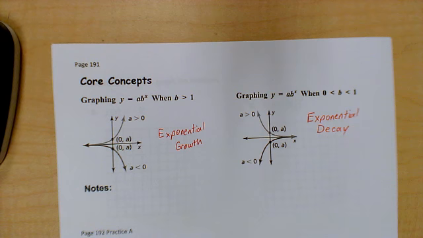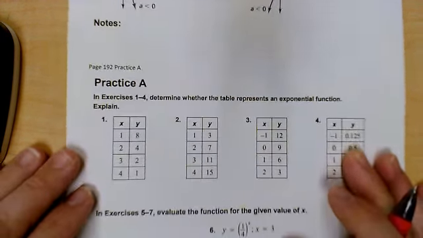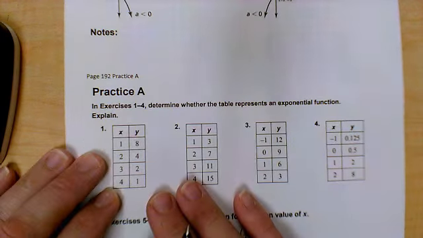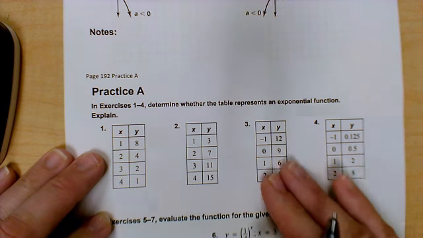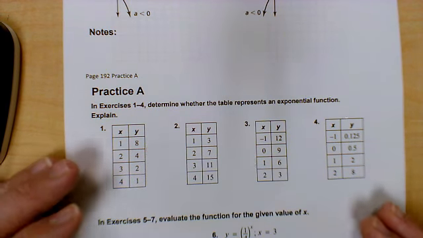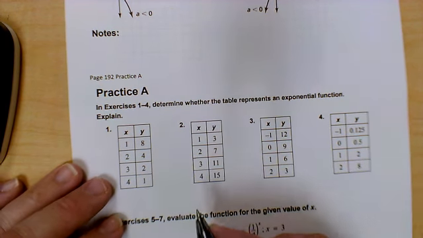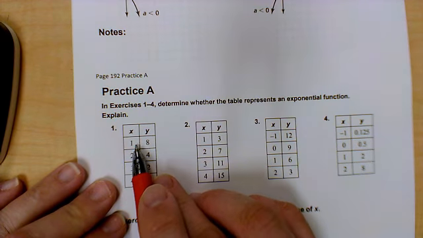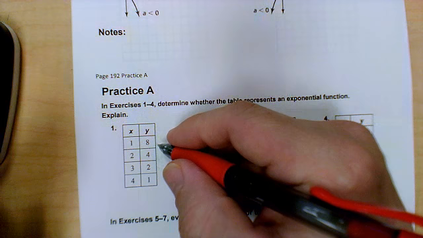Alright, next thing we're going to do is determine whether each of these tables, this is on page 192, practice A, we're going to determine if these represent exponential growth or exponential decay. Let's go ahead and get started. So on this